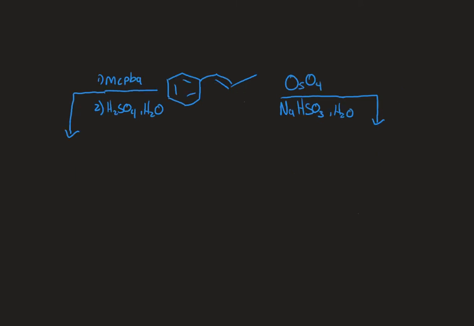If we look at a couple of examples of the dihydroxylation of an alkene, in this first one we have MCPBA, which forms an epoxide, followed by an acid-catalyzed ring opening. This is going to give us net anti-addition of two alcohols across this alkene. And so I'm going to draw my skeletal structure without the double bond in the same conformation. Notice that this methyl group is trans to the phenyl group. And then since this is anti-addition, I'm going to draw one alcohol on a wedge and the other alcohol on a dash. And so that is the anti-addition of an alcohol across that alkene, and this is going to generate this diol